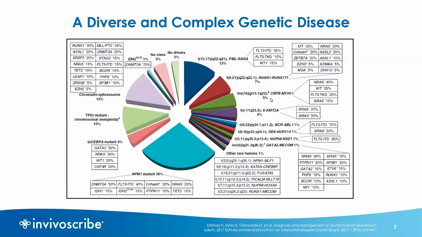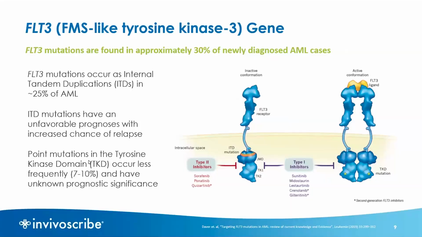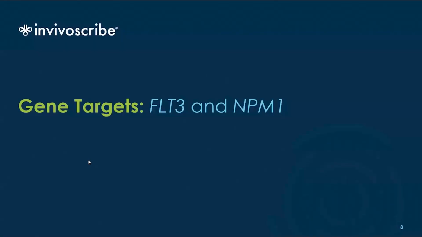And so, in addition to highlighting all of the mutations discovered to date, mutations and translocations, et cetera, they did highlight 2 important targets, two drivers, particularly NPM1 and FLT3. And those I will address in a couple slides when we talk about the recommendations, the evolving recommendations that have been occurring since 2017. And so 2 important genes that I do want to emphasize are FLT3 and NPM1,